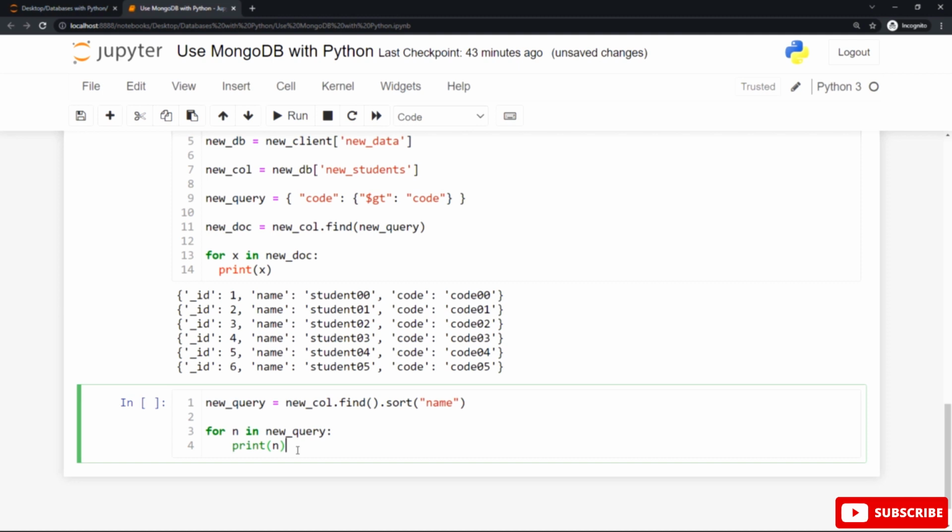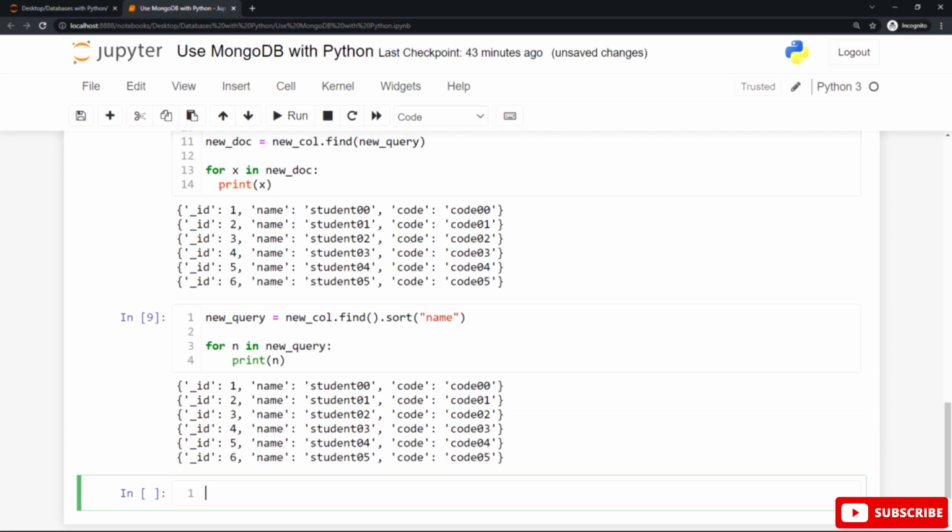After that, you can see for in new query and the print function inside the body of the for loop to print the sorted documents one by one. Now hit shift enter or shift return to see the output.